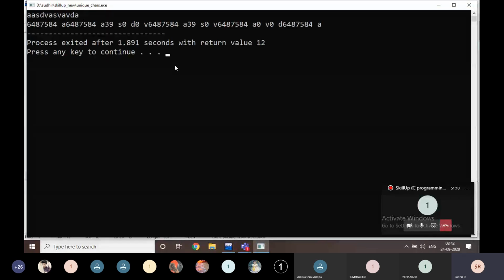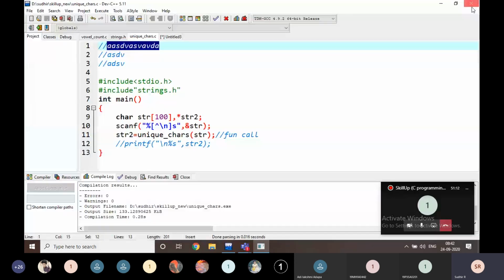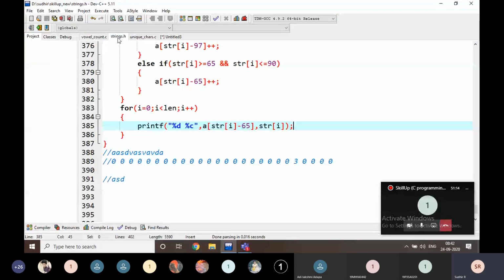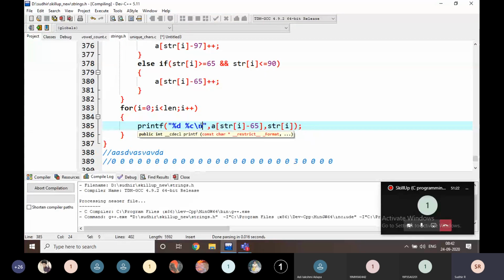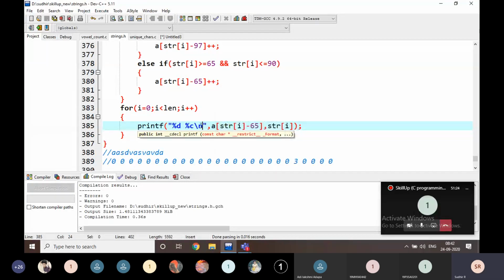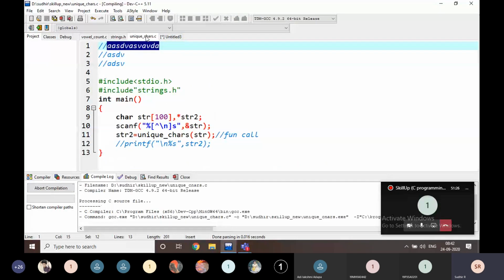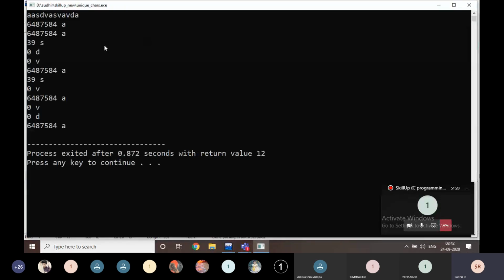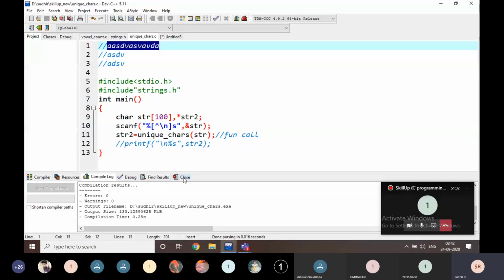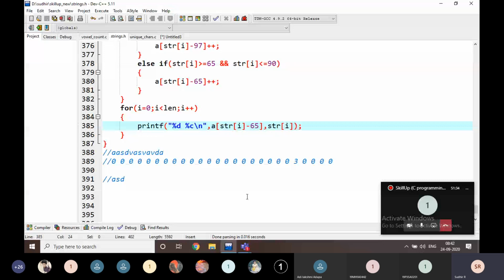If it is okay like this, yes, that is the mistake here. I'm going to add a newline. Yes, this is printing some address. Why is it taking some address here?